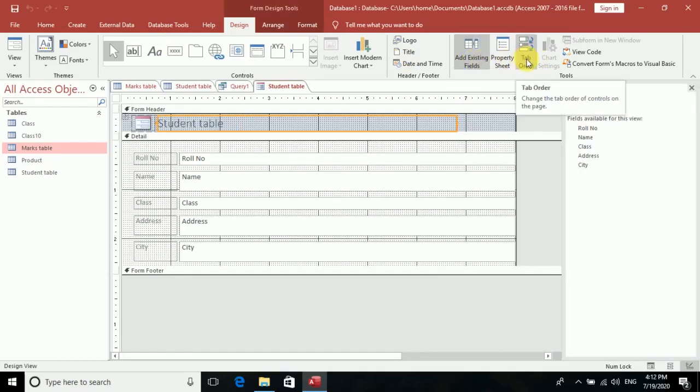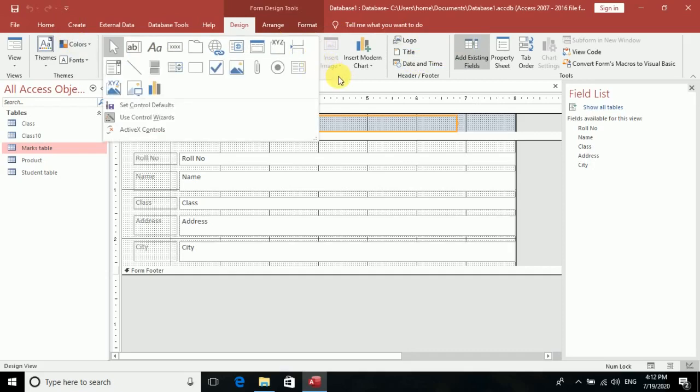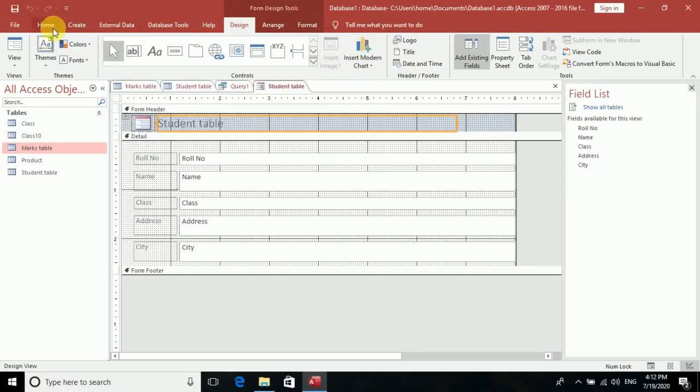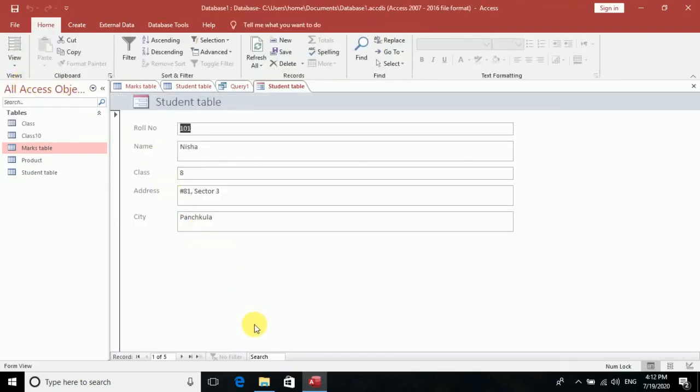You can go with the logo. If you want to add a logo to the form, then you can add it. If you want to add date and time, you can do it. Many more options are over here, the controls are over here which you can use. But we don't want to go with that, we will go with the form view, and we will add